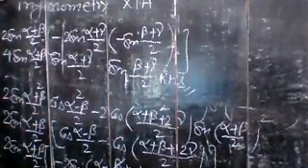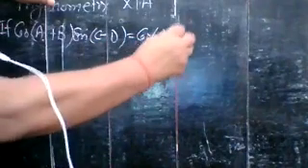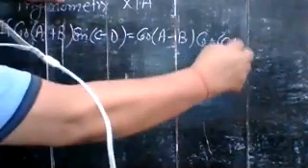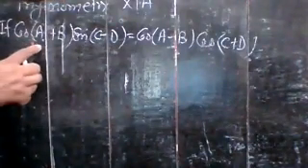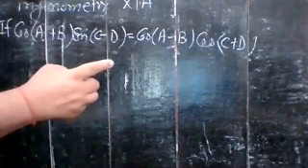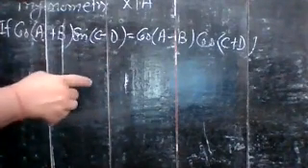Okay. Now next question. If cos(A+B) into sin(C−D) is equal to cos(A−B) into sin(C+D), then prove that